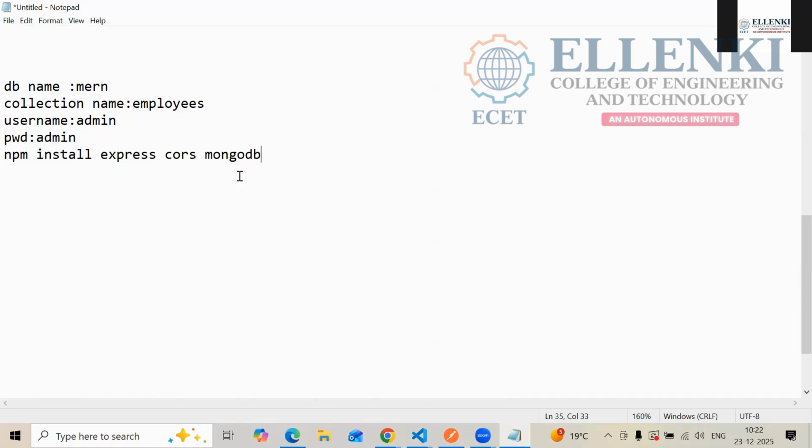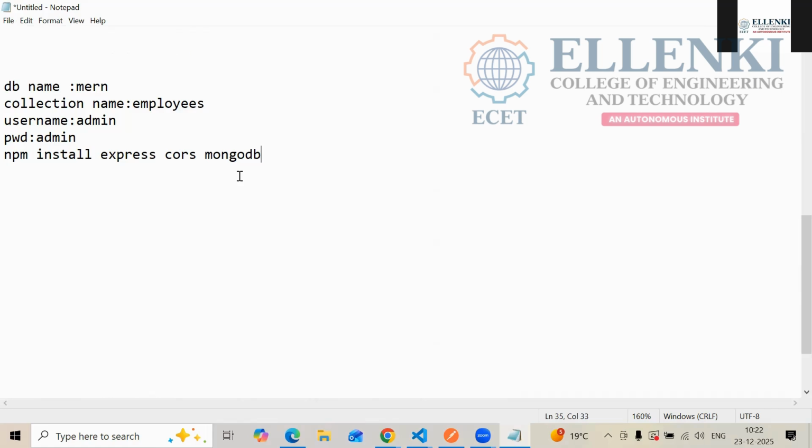Then it will show the database name and the collection name. Whatever database name and collection name you want to give, give them in small letters only. The collection name is nothing but the table name. You also have one checkbox there. Don't click on that checkbox. Lastly, there is Create DB. Click on Create DB.